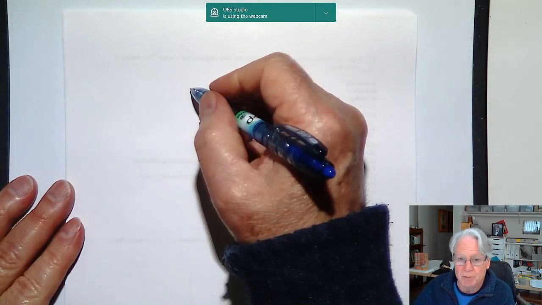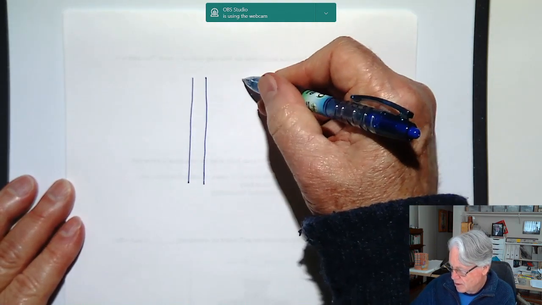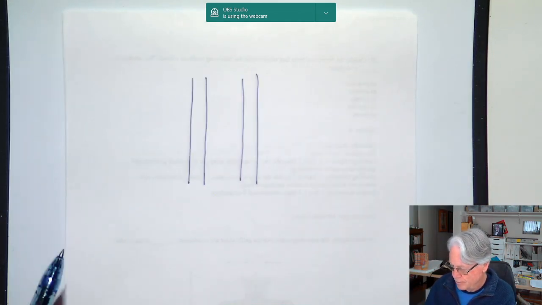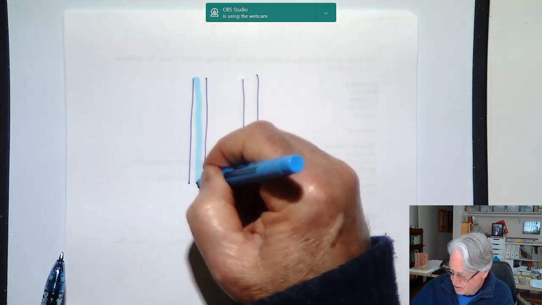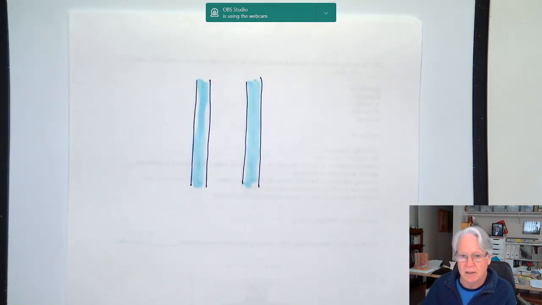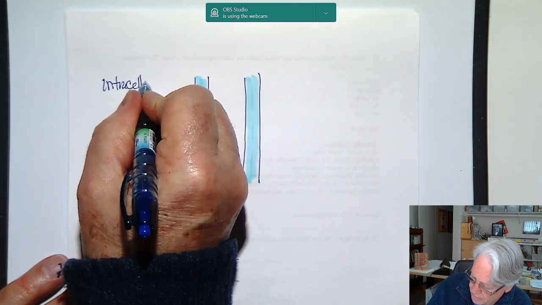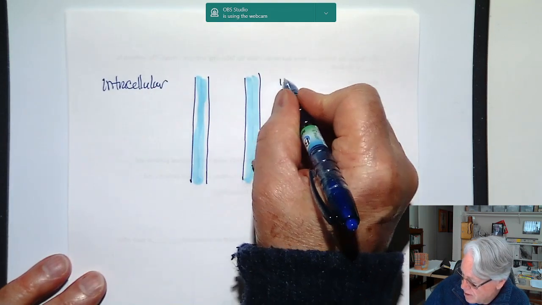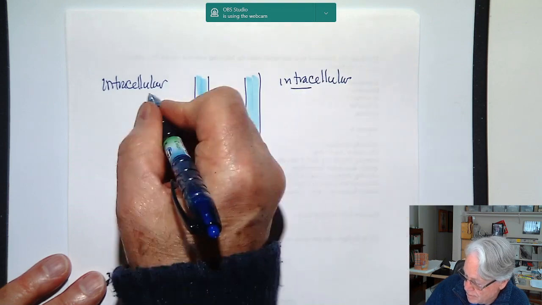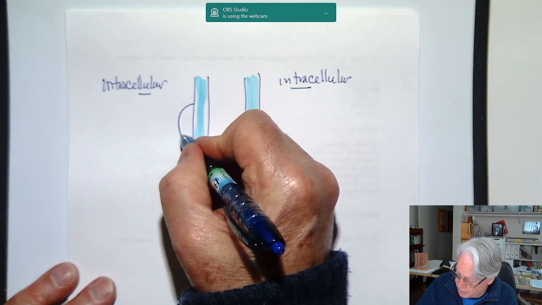And once again, we'll have our two membranes. Okay, so this is intracellular, intracellular. We're now going to have this round plaque,